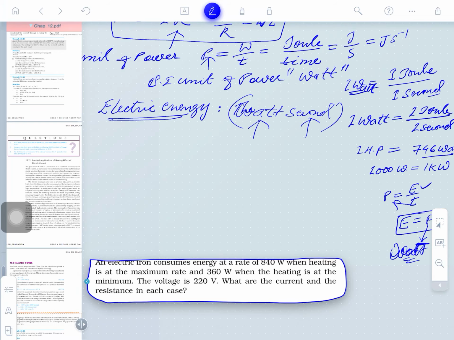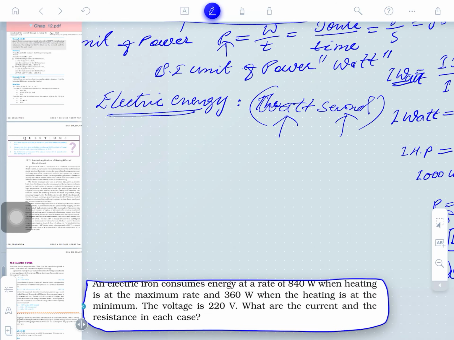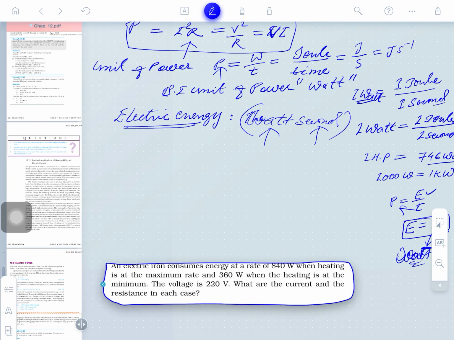The electric energy conversion depends on the power of the appliance and the time for which it is used. Power is a very important factor; it helps an appliance to spend energy. Its unit is, so 1 joule is called 1 watt into 1 second. Watt second is called 1 joule. Clear? Commercial unit of energy is also used here.